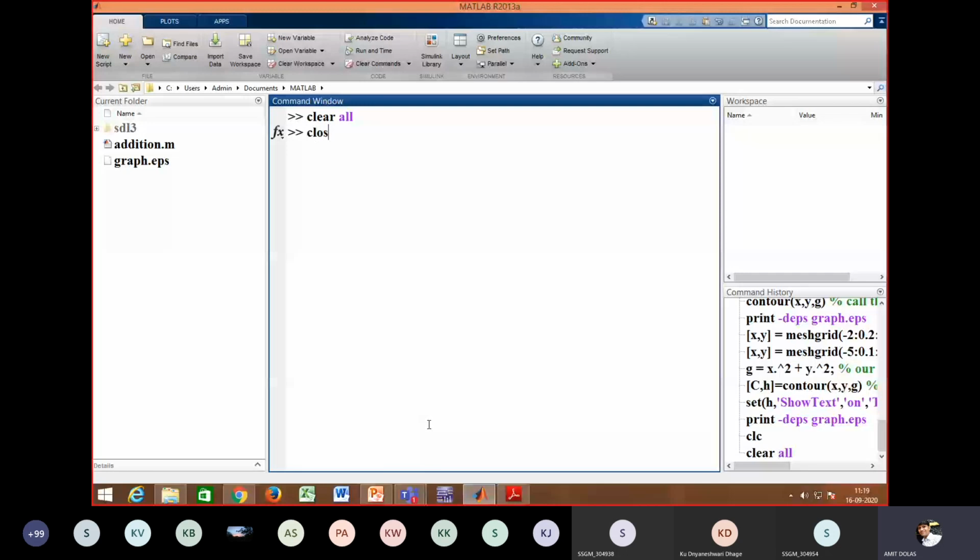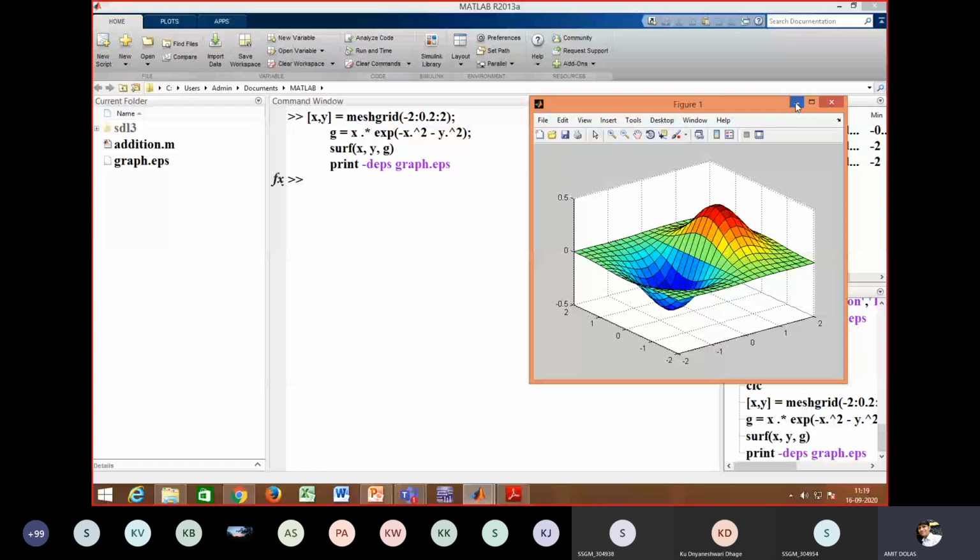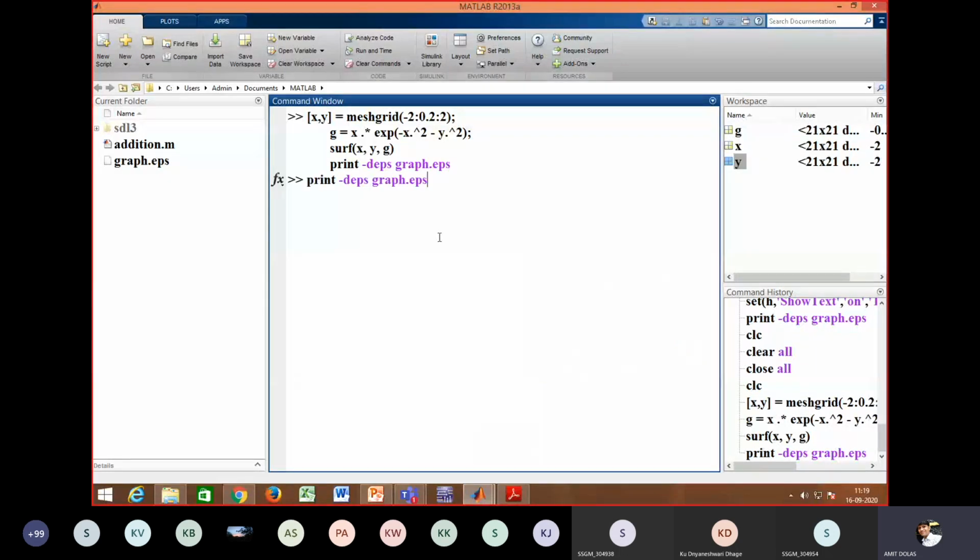So clearing the workspace and command history. So you can see here what happens. Now we'll analyze this graph later on.